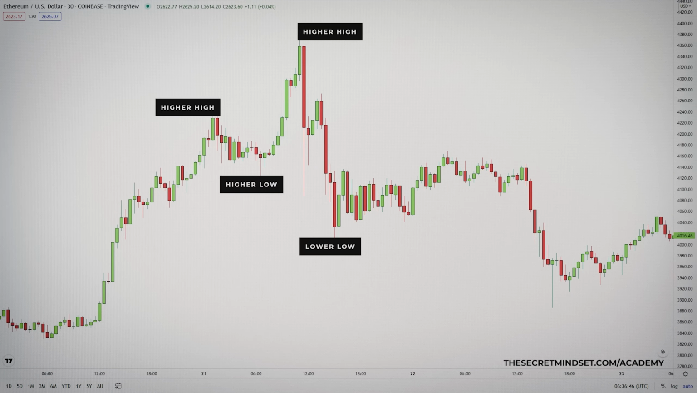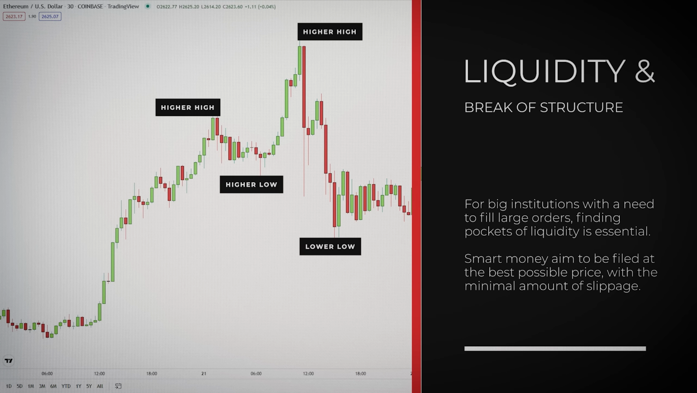So, why is this break of structure pattern important? For big institutions with a need to fill large orders, finding pockets of liquidity is absolutely essential. When these big players take positions in the market, they obviously aim to be filled at the best possible prices. However, given the size of their positions, they need to find enough counter forces to fill their orders with a